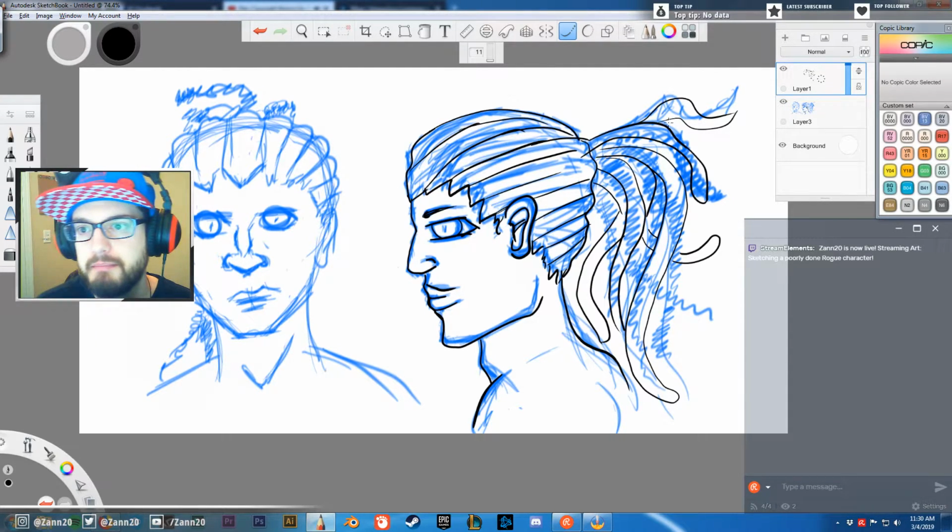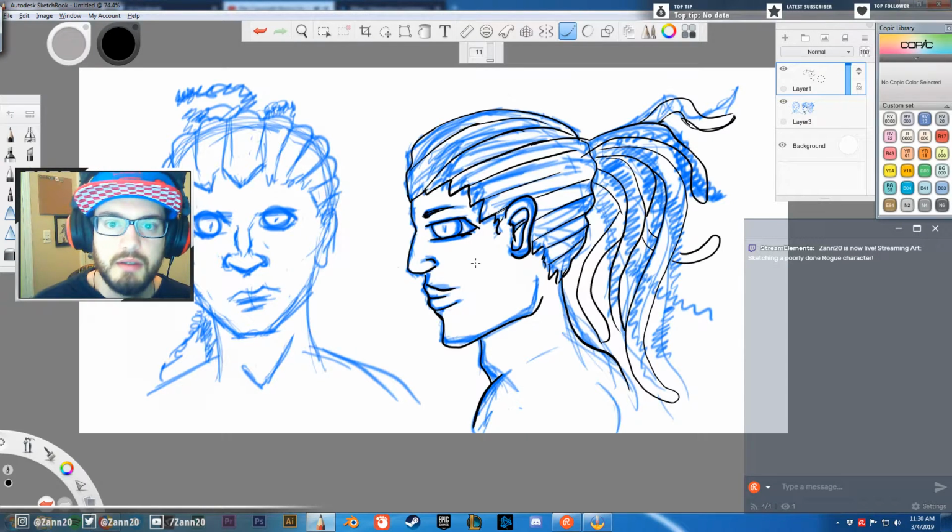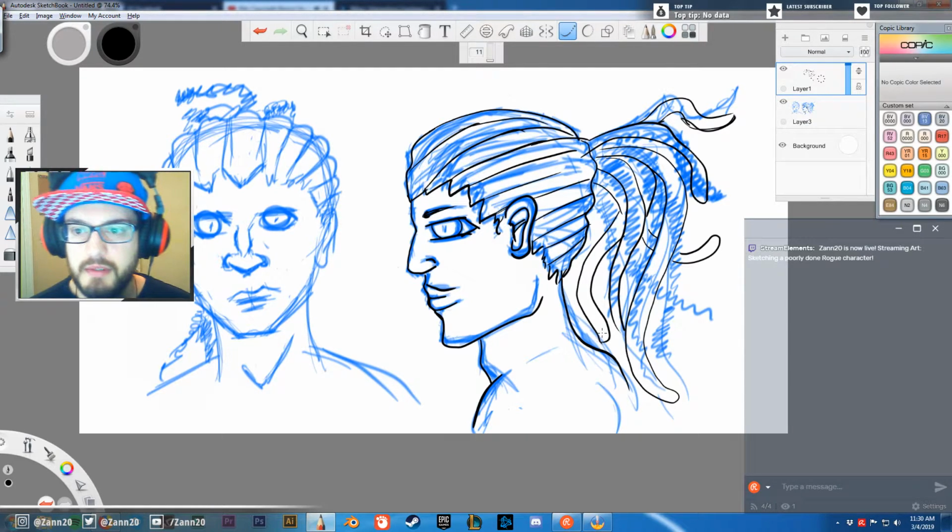That's better than I had anticipated for my first time trying to draw this. So that's good. That's a positive. That's not too bad. Those aren't great, but